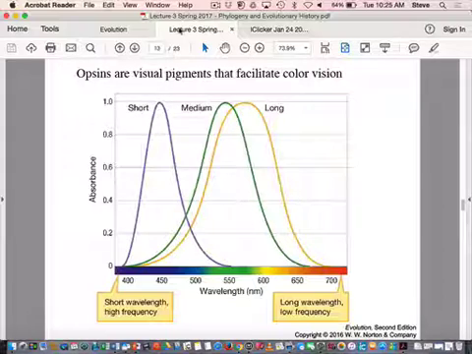You can do a lot with phylogenetic trees. The other thing we're going to look at are opsins. Anybody know what opsins are? Things in your eyes. They're visual pigments that basically facilitate color vision. There are different kinds that we call, primarily